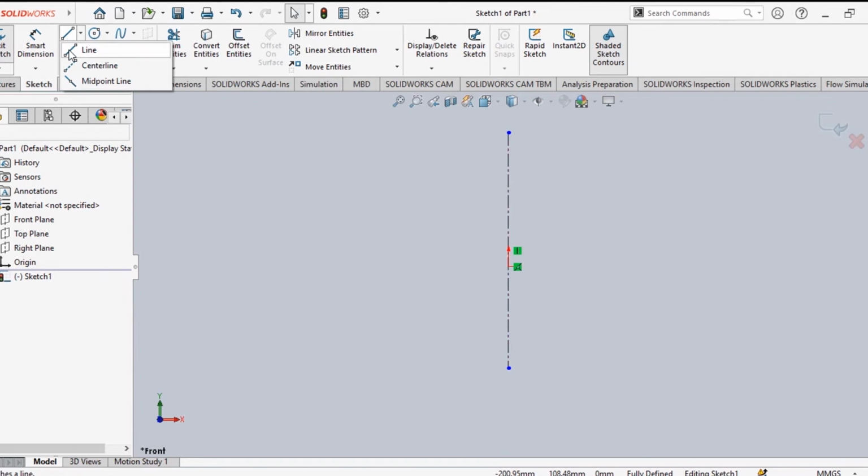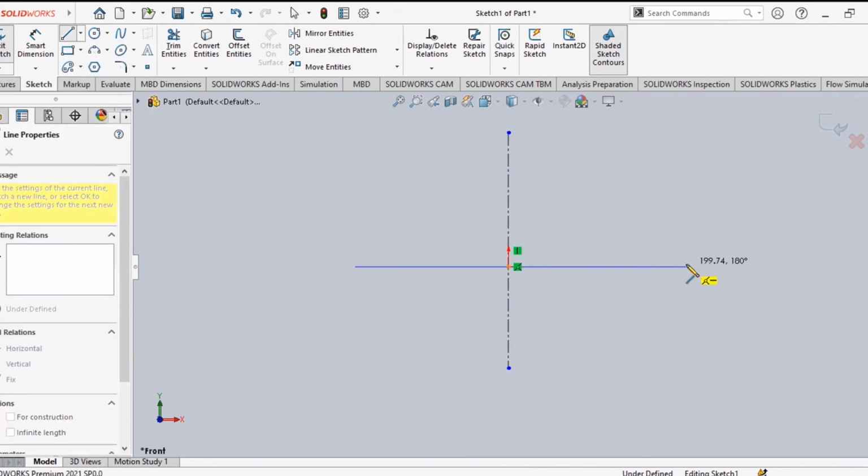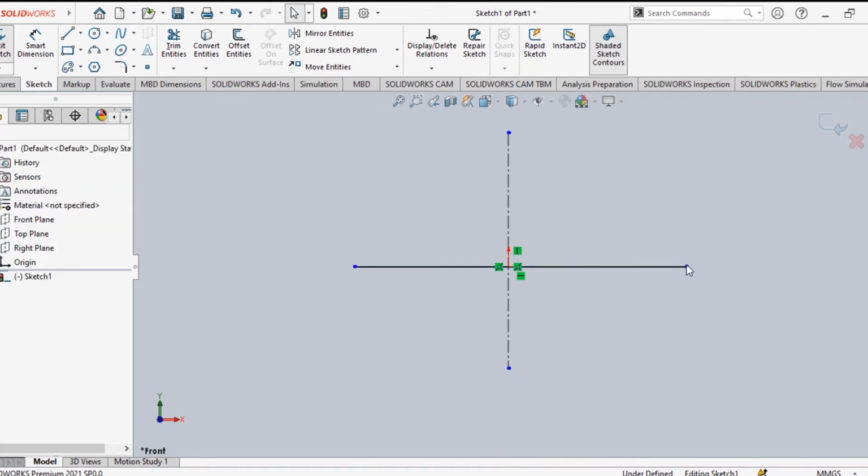Now suppose, excluding that one, we also have some other lines. This is a continuous line. Suppose you are making any continuous line here, right? And for escaping this from your keyboard, you select ESC, escape. So the command will be escaped. Escape means whatever command you had taken before, that is out.